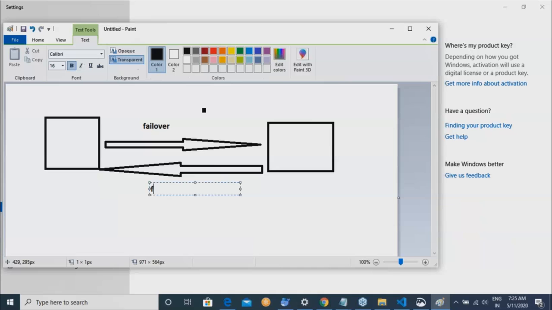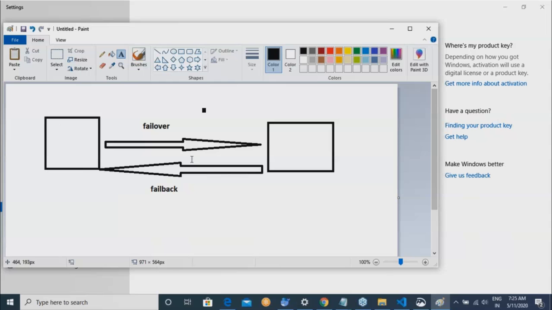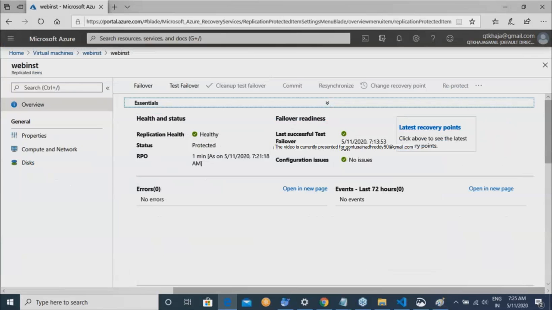This is called failback. Clear on this? That is basically reprotect. This reprotect is not used in the cloud very often, but it is used for on-premises scenarios also, right?